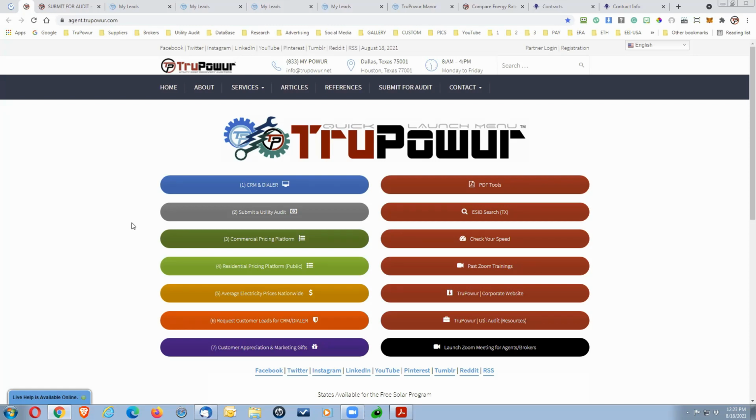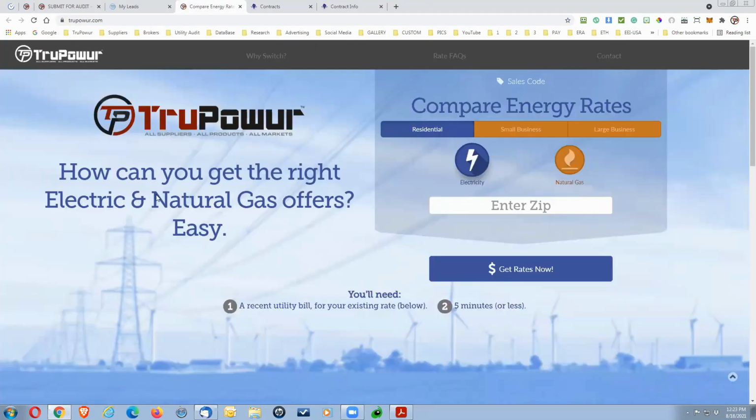But once you have a copy of that bill, then what else can you do? Well, you certainly can transpose that information into the back office in the pricing platform and create a comprehensive report as to what additional savings we can provide them. But before I do that, let's take a look at the front of the platform, which is what most of the public sees. Let me just reduce some of this down here. And so the public sees